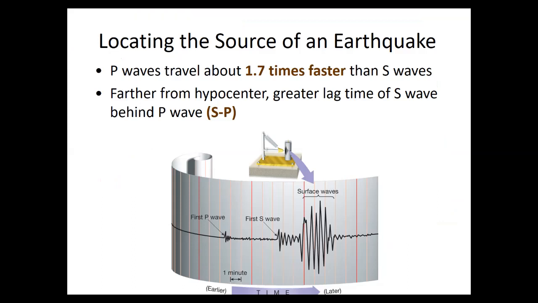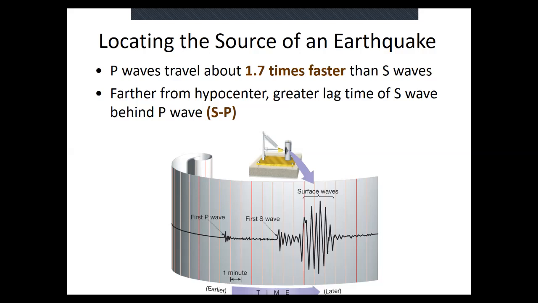So we also use seismic waves to locate the source of an earthquake. So P waves travel faster than S waves, about 1.7 times faster on average. And so the further from the hypocenter we record seismic waves, the larger the lag time between the P and the S wave arrival. So if you think about a race, like a foot race, or any sort of race,